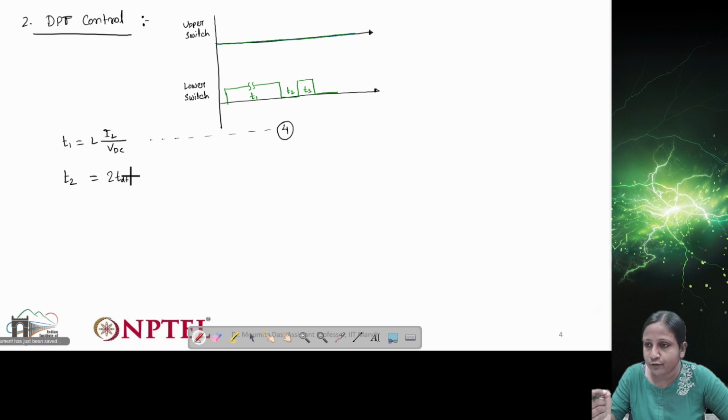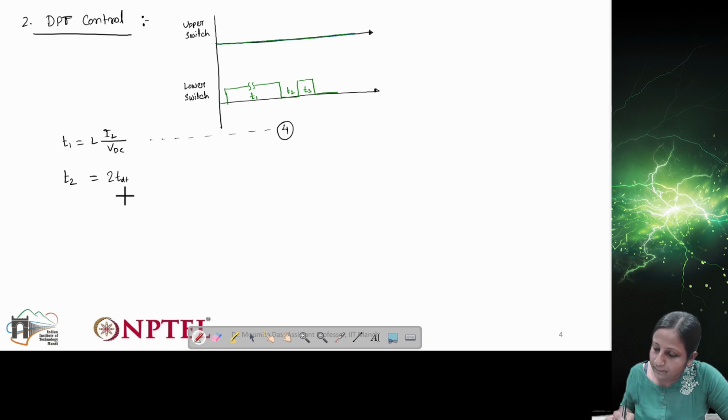That is why, for this kind of switching configuration, where the switches are connected in one leg, there should be some dead time provided. In the previous lecture I have already explained how much dead time we need to provide. So we have to provide that much dead time here, plus